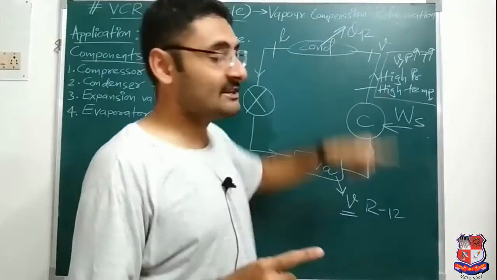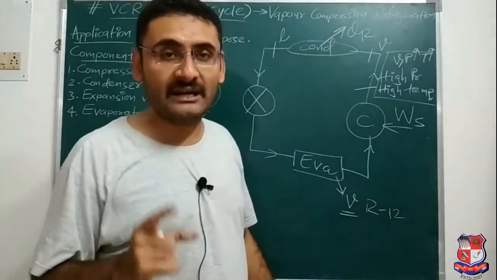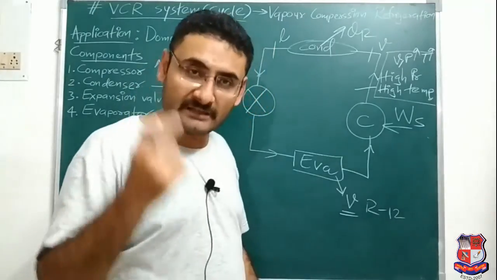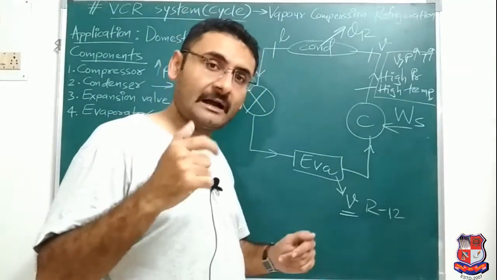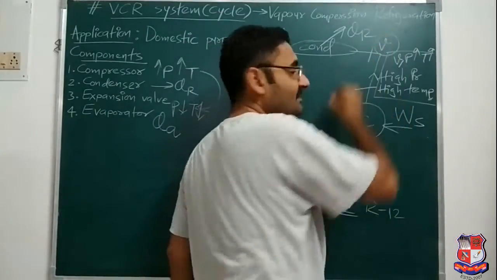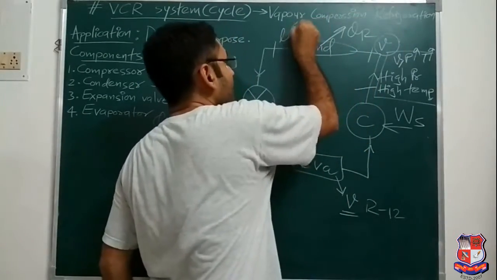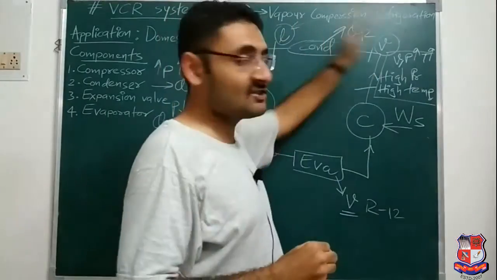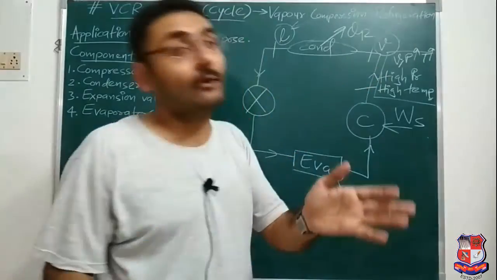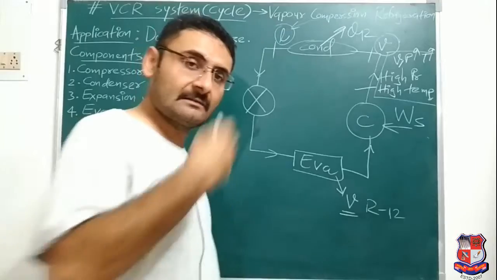Now which heat is rejected in the condenser? That is known as latent heat. Now latent heat means what? It is the amount of heat required to change the phase of a substance. Here the vapor form is present. If you reject the heat from the vapor, the phase of the vapor will be converted into a liquid form. That means the phase is changed. So whatever amount of heat is rejected or supplied to change the phase, that type of heat is known as latent heat.